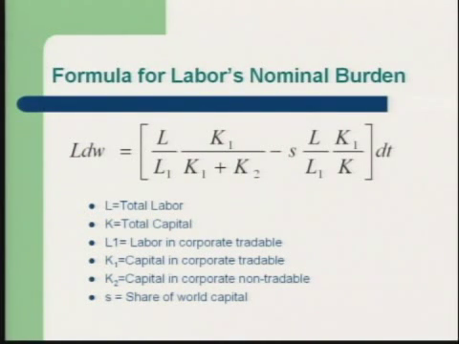Well, why is that? So I'm going to give you a little math here. This is a very simple formula for the labor's nominal burden, that is not taking into account the effects on prices. The total labor supply in the economy comes to change in wages, which is equal to this term times the change in tax. Technically, I should have had a minus here. Where L is the total labor in the U.S., K is the total capital, L1 is the labor in the corporate tradable sector, K1 is capital in the corporate tradable sector, K2 is capital in the corporate non-tradable sector, and S is the share of world capital. So in this simple model where you have perfect substitution, this is the formula that you can derive